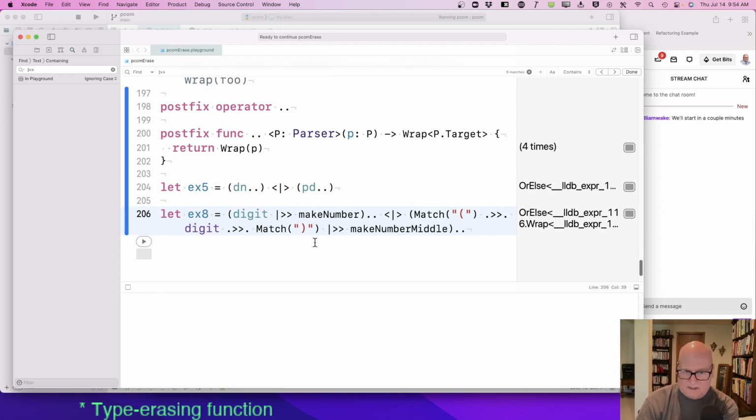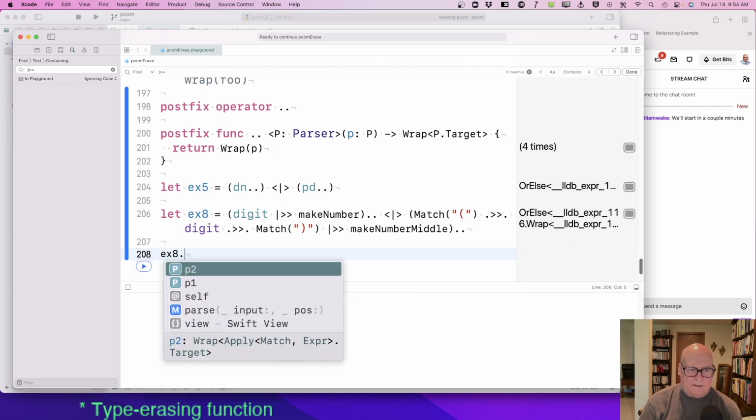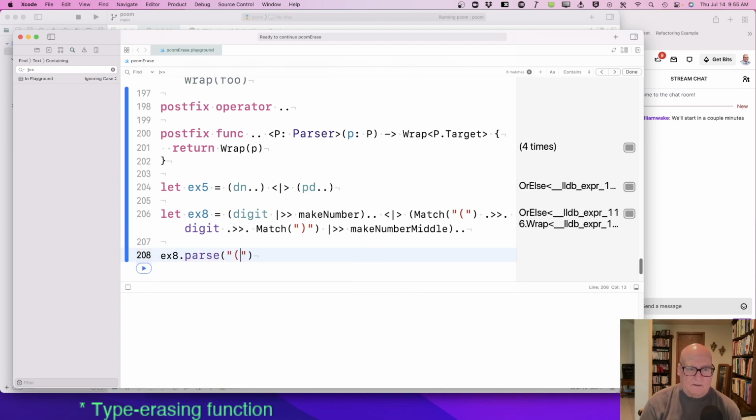I think there was a glitch in Xcode there for a minute, the playground. All right. And so ex8.parse of 7, array, success number 7 by itself.